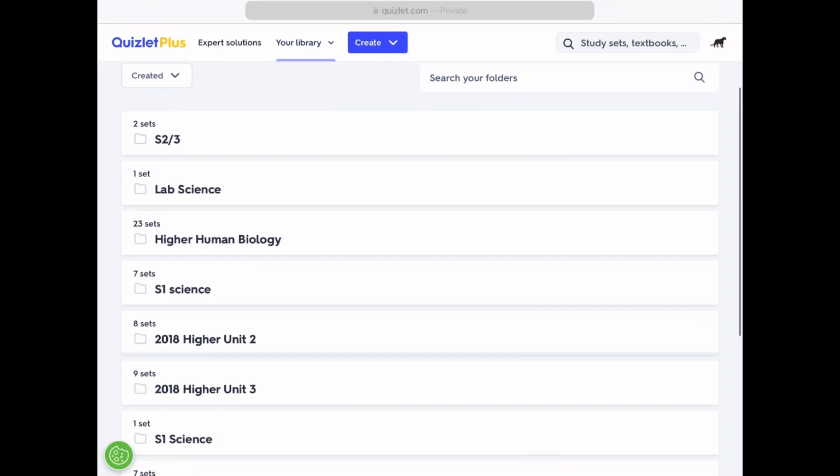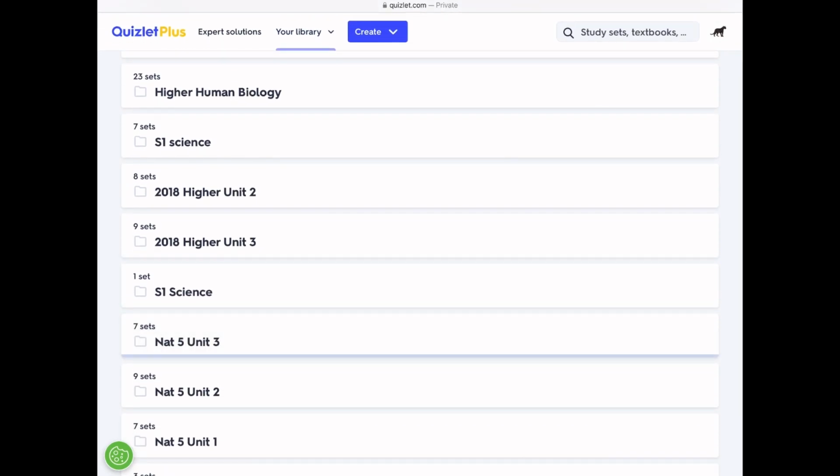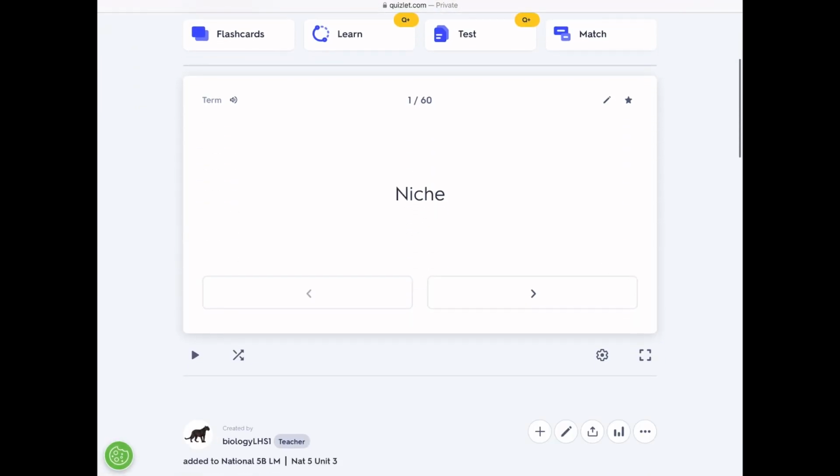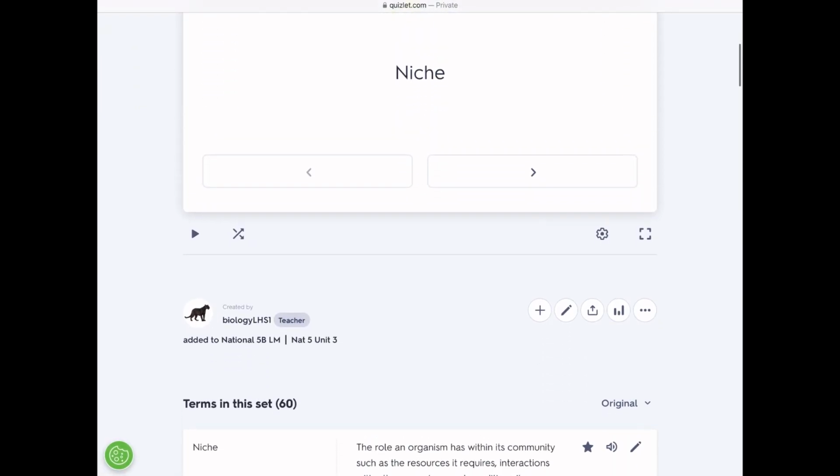So the way to share with pupils: let's say that I am doing National 5 Unit 3 and I'm using the full set with my class, which is here. I can share this with pupils in lots of different ways. As I said, I can do it live if I want to, or they can search for the sets if they know my name. So Biology LHS 1, they can search for that, and they can actually download those sets offline to use. So that's something that's really, really good. Basically, pupils can access these on the move from their phones or their iPads at any time, any place,